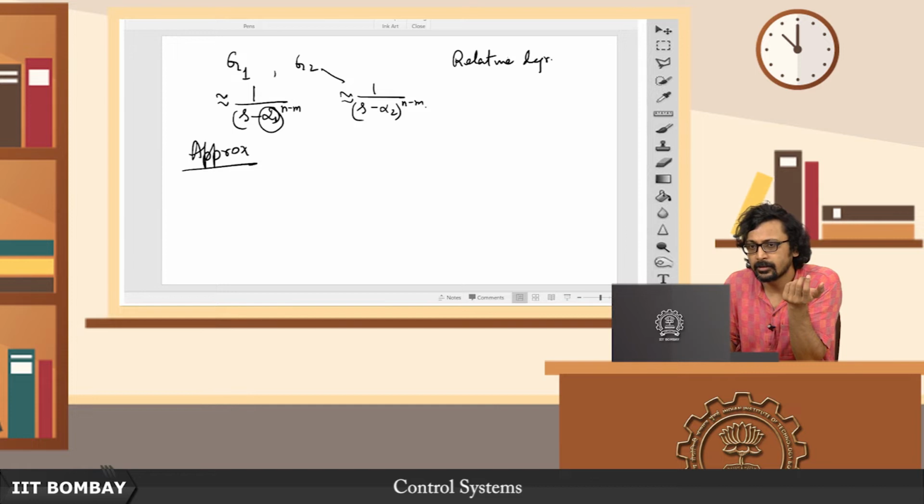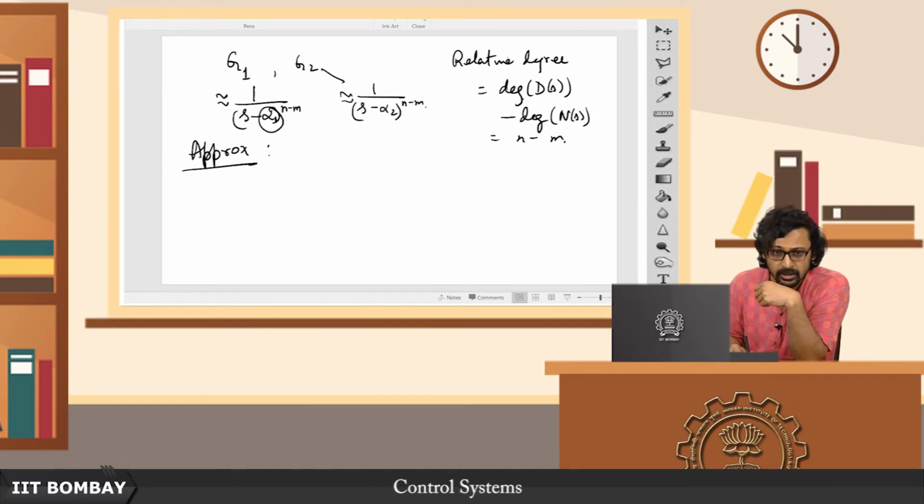Relative degree is equal to degree of denominator minus degree of numerator. In our notation, it's basically n minus m. So the approximation we make in order to get a better asymptote is